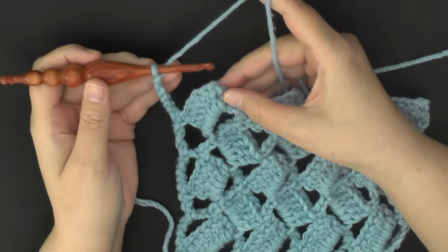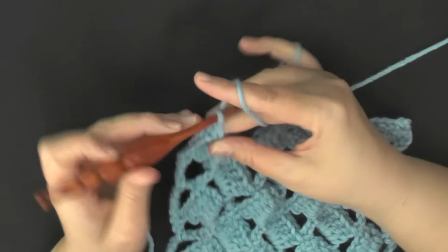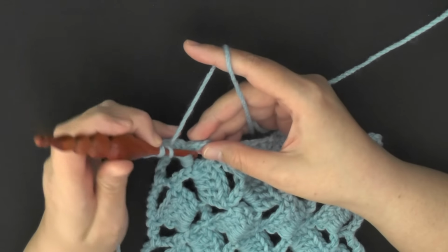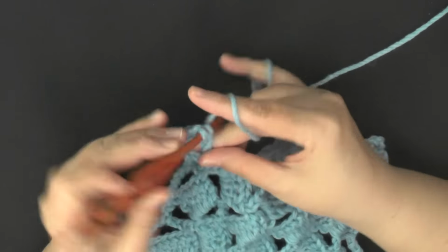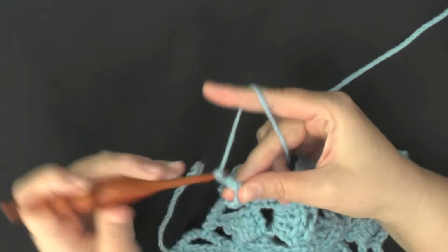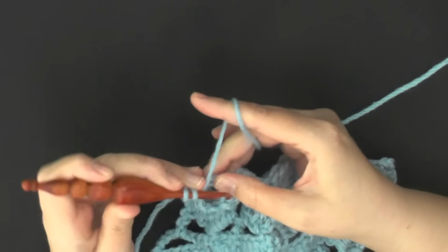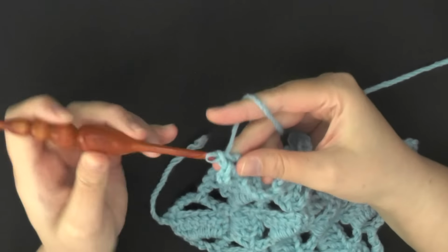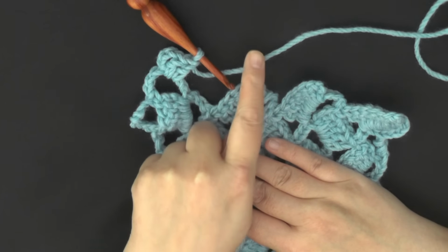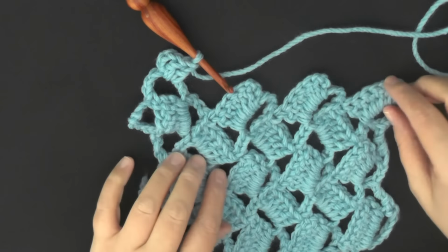and you'll single crochet in the tip here, the top of the chain 3. Then chain 3, and again work your double crochet into the first chain in front of your shell. Then chain 3 and work your double crochets onto your post again. And then when you get done, you'll single crochet onto the tip again, chain 3, then double crochet in the chain before the shell, and you can continue on till you get to the end,